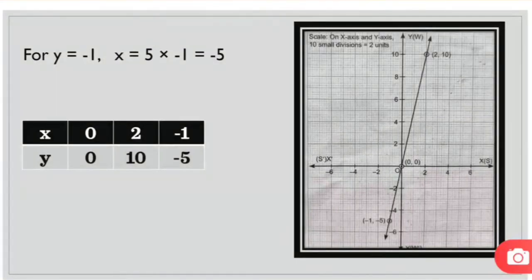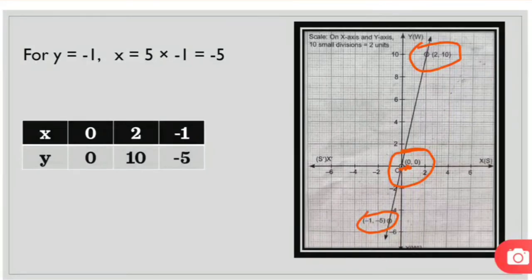Now after marking the numbers on the given x-axis and y-axis, let us plot the given pairs of solutions. First is 0, 0, which we know is the origin, so it will come here. Then we have 2 and 10, here our x is 2 and y is 10, so here is our point 2, 10. And third, we have found minus 1 and minus 5. So minus 1 is in between 0 and minus 2, that is half of it, and our minus 5 is between minus 4 and minus 6, so it will come here.